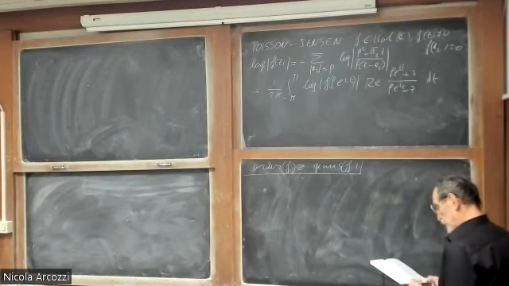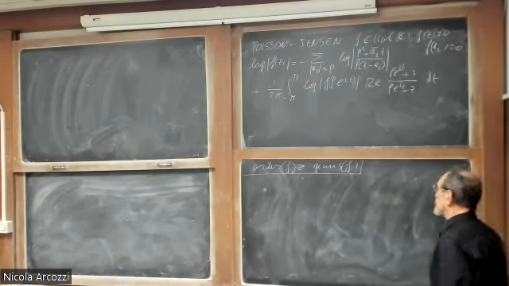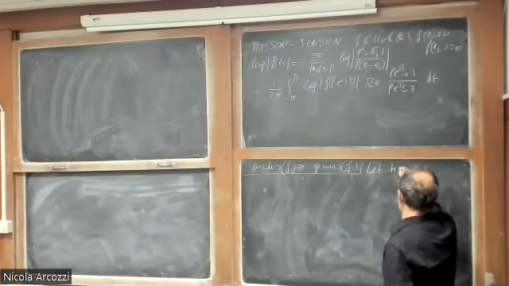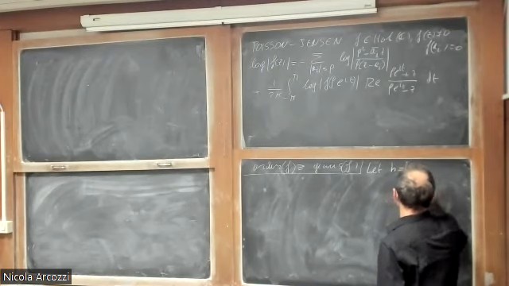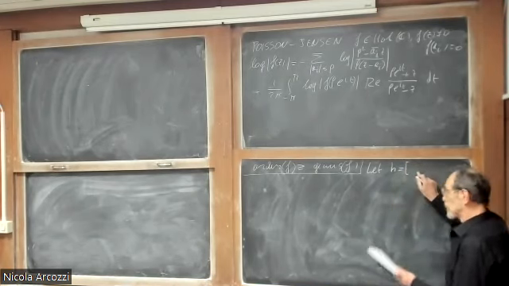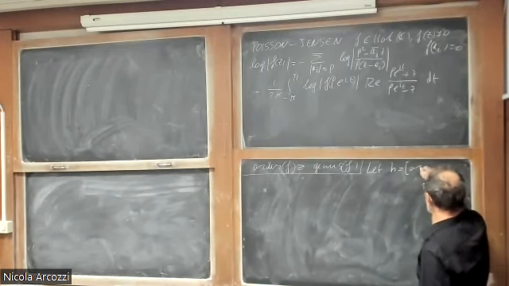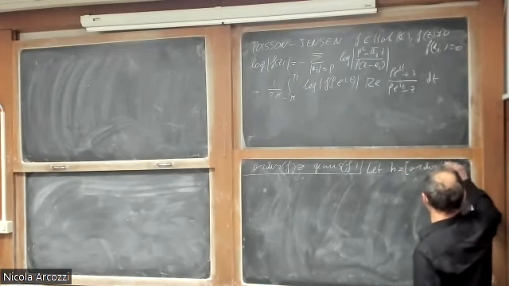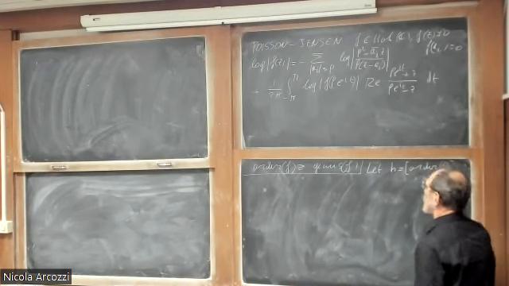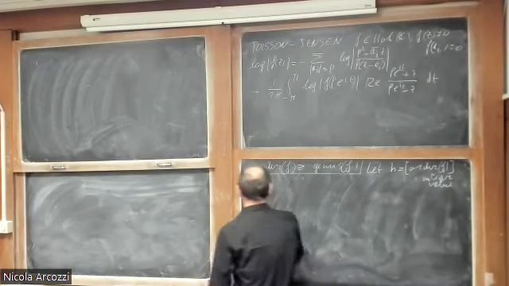So first, we start showing. Okay, so let h be the integer value of the order. The integer value. And we show